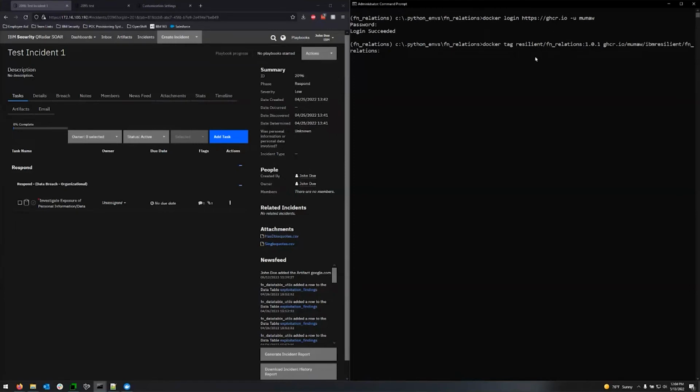And then we're going to do a colon, and of course, we need to add the version number here as well. So we'll add this here, and this will tag it for us. Now, after we've tagged it, we're going to push this up into our container registry. So the next command we're going to run is docker push, and then the registry path again, which is going to be